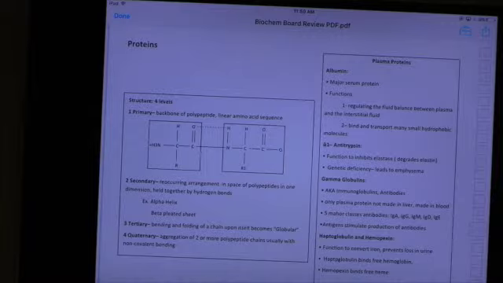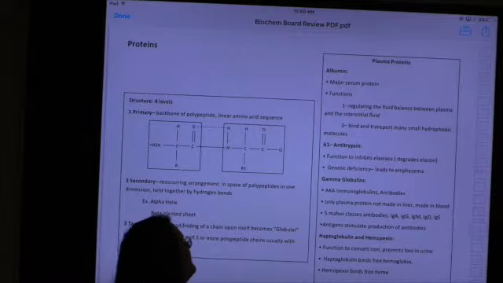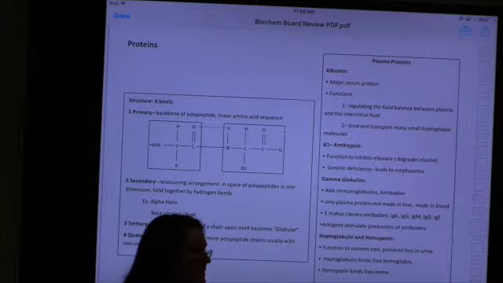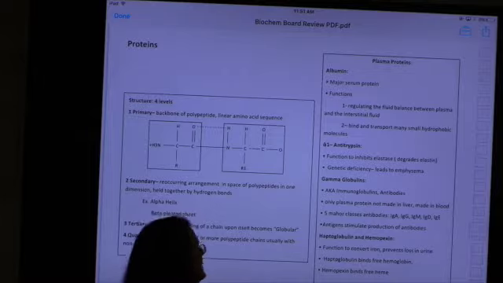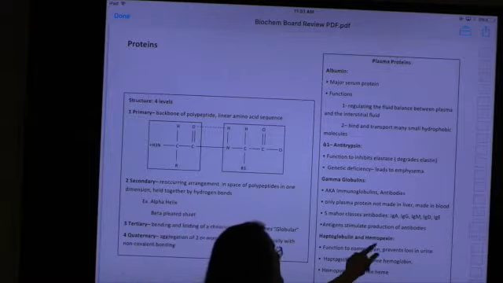All right, I said I would go over more of our plasma proteins. I'm going to go through this really quick. So plasma proteins that you need to know. Albumin, you've heard this word before, right? Alpha antitrypsin, have you heard this word before? Okay, what about gamma globulins? Okay, we're talking about IgA, IgG, IgM, IgD, yes? Okay, what about haptoglobin and hemopexin?